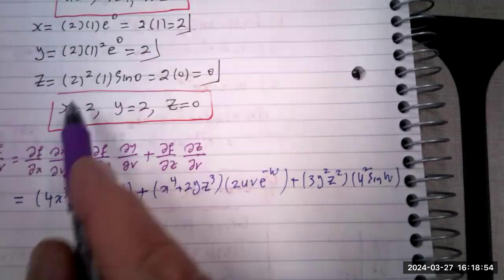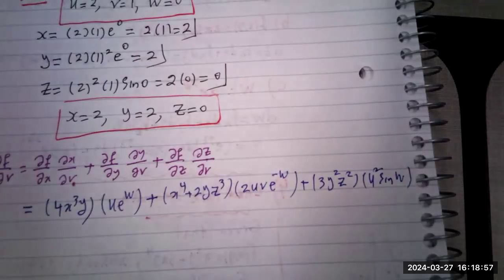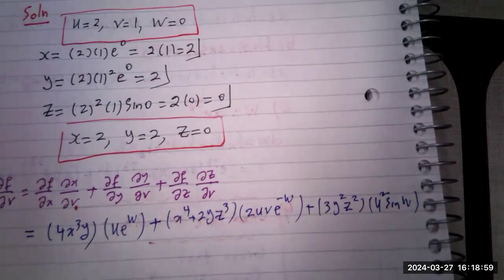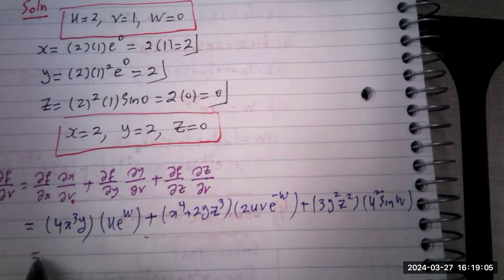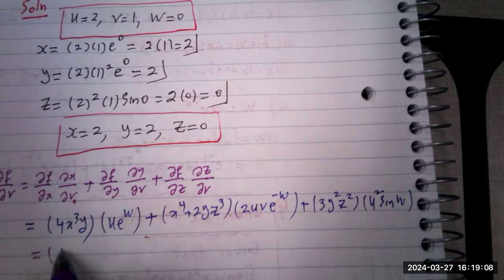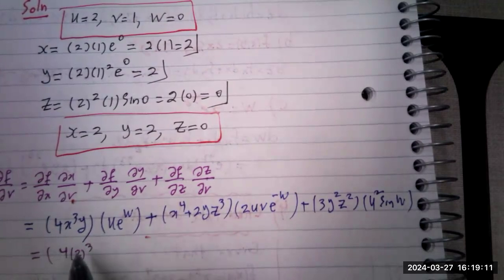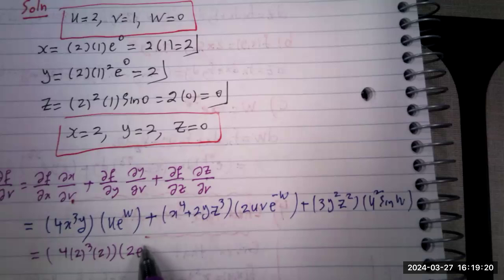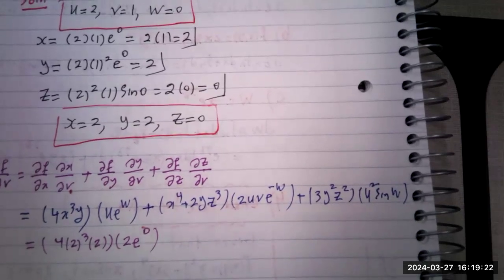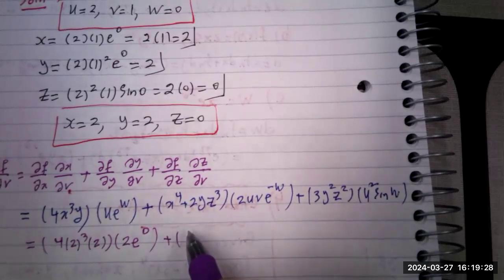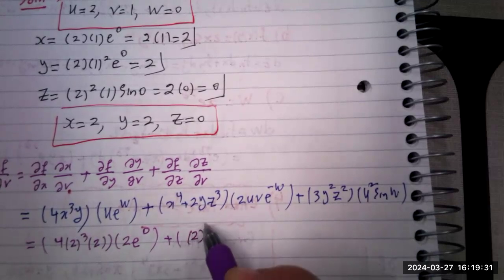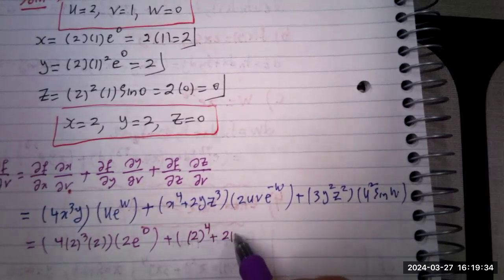Okay, you have the points, you see two collection of points. Substitute. So this is going to be equal to, the first one, 4x cubed, x is 2, 4 times 2 cubed, y is 2, times u e to the w, u is 2, e to the w is 0. So that would be the first step. Okay, continue, plus x to the 4th, x is 2, so 2 to the 4th, plus 2y, 2 times 2,